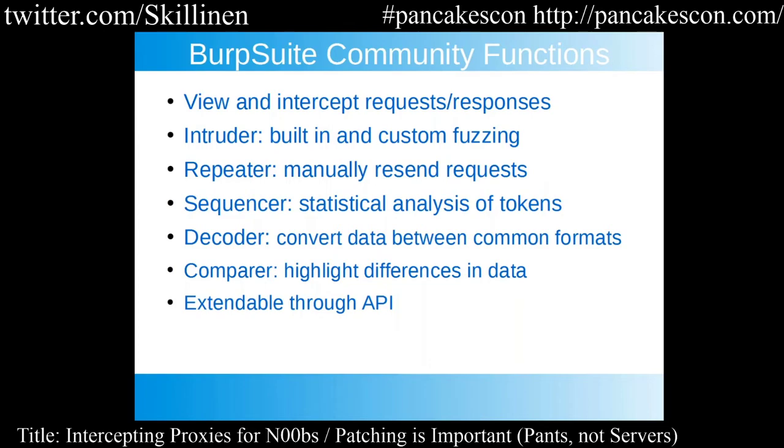All of these other things, intruder, repeater, so on and so forth, are tabs. So when we're talking about fuzzing, you're all probably familiar with that. It's the idea of throwing a whole bunch of requests at a field and seeing what it does. How does it fall over when you send content it doesn't expect, or you send a whole bunch of content it does expect? You can manually resend requests, which is a major advantage that both Burp and Zaproxy have over